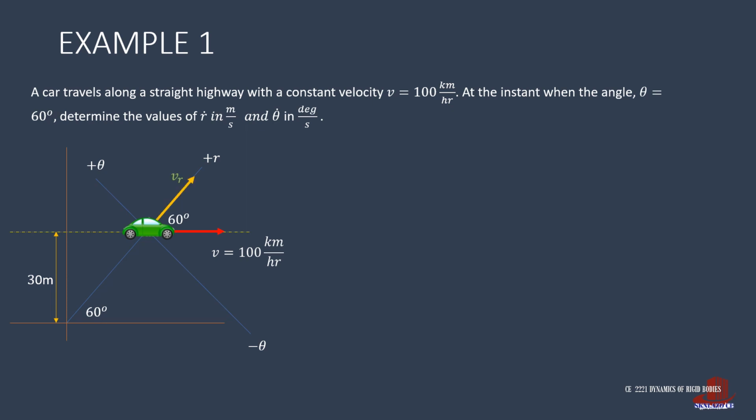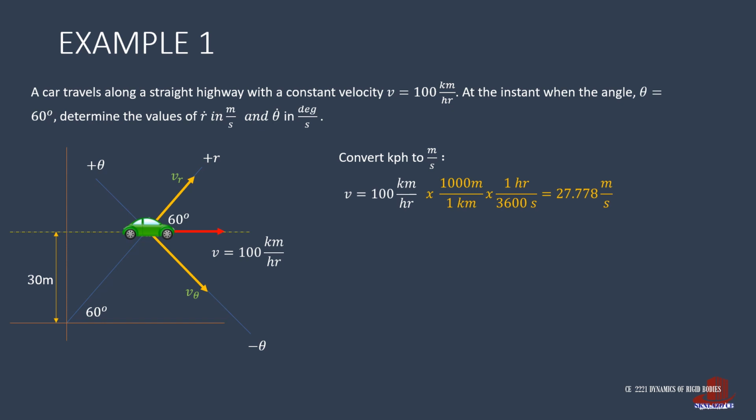The radial component is taken as an extension of the line from the origin to the car. The transverse velocity is drawn perpendicularly from the radial axis. After identifying the unknowns from the illustration, we can start computing. First, convert the velocity into meters per second to have it aligned with the required. So 100 kph is multiplied by 1000 meters per kilometer and again multiplied by 1 hour is to 3,600 seconds, resulting to